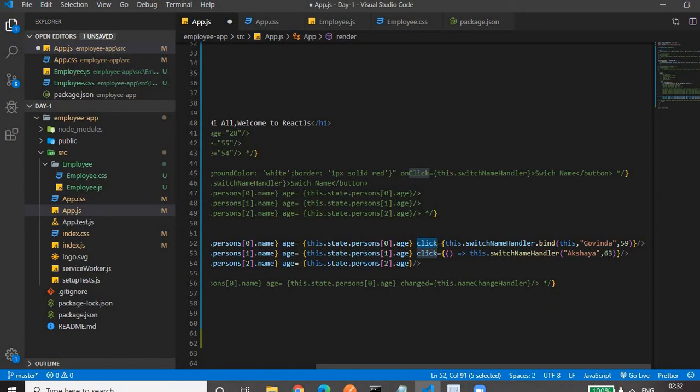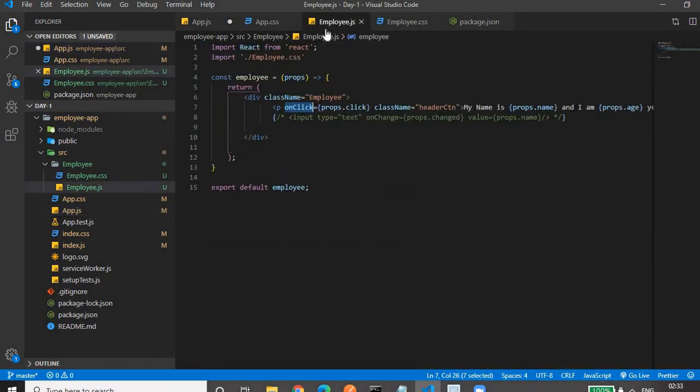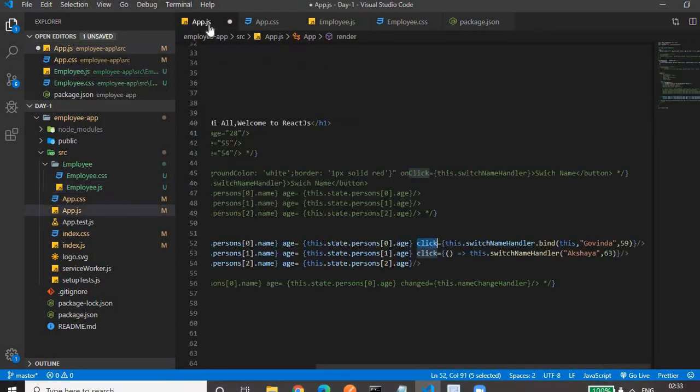So on click of the person it won't change the name, it's a prop. We are passing this click prop to the person component, I mean the employee component. In the employee component we have an onClick event. On click of that event we are accessing props.click. This is the click.